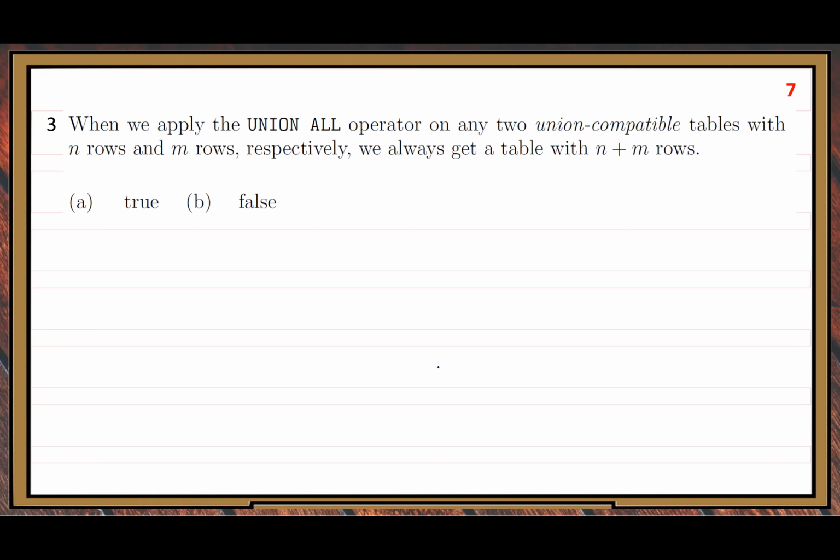union compatible tables with n rows and m rows, respectively, we always get a table with n plus m rows. True. It's true. Here, the main concept is we use the union all, and this operator